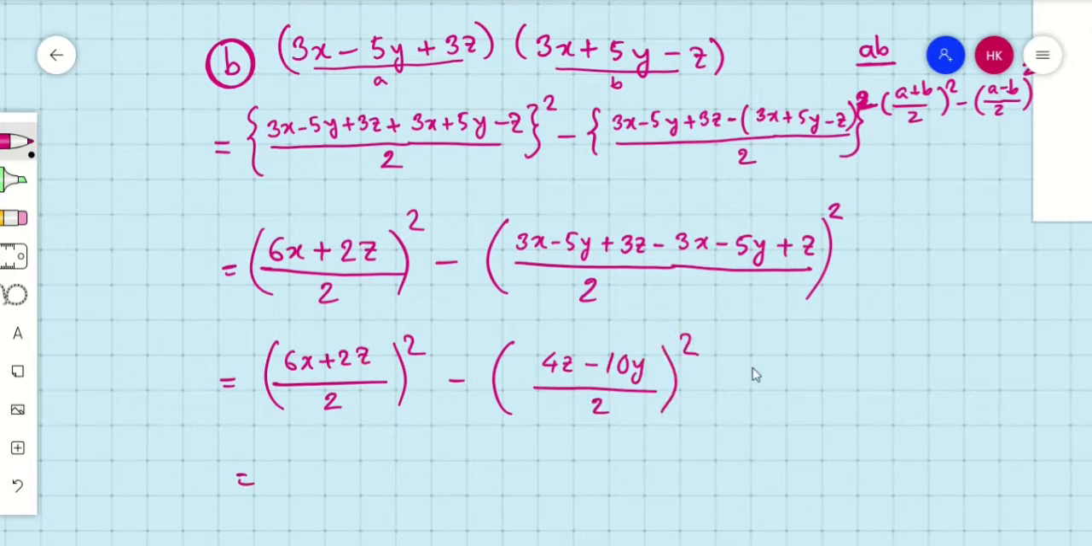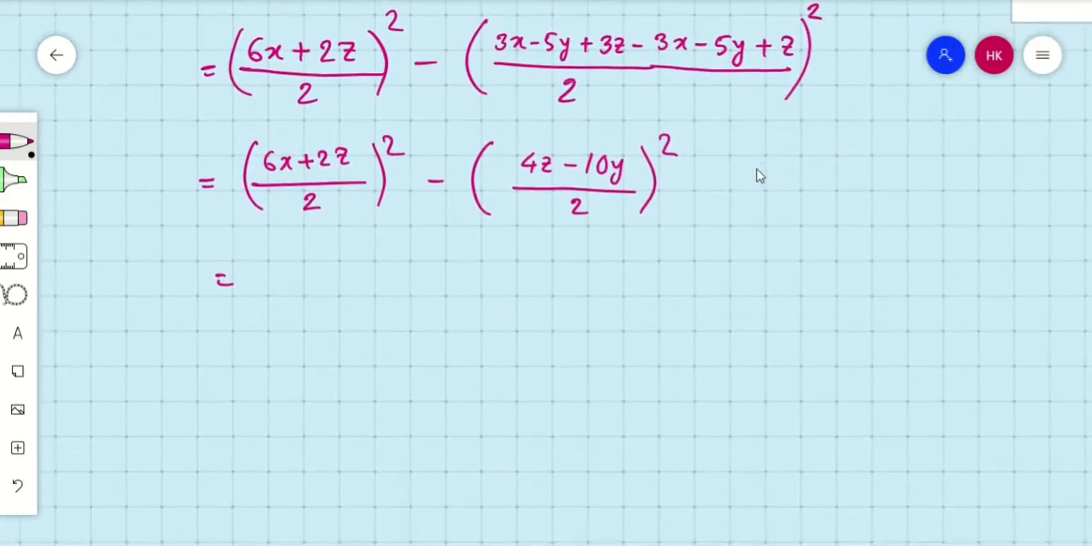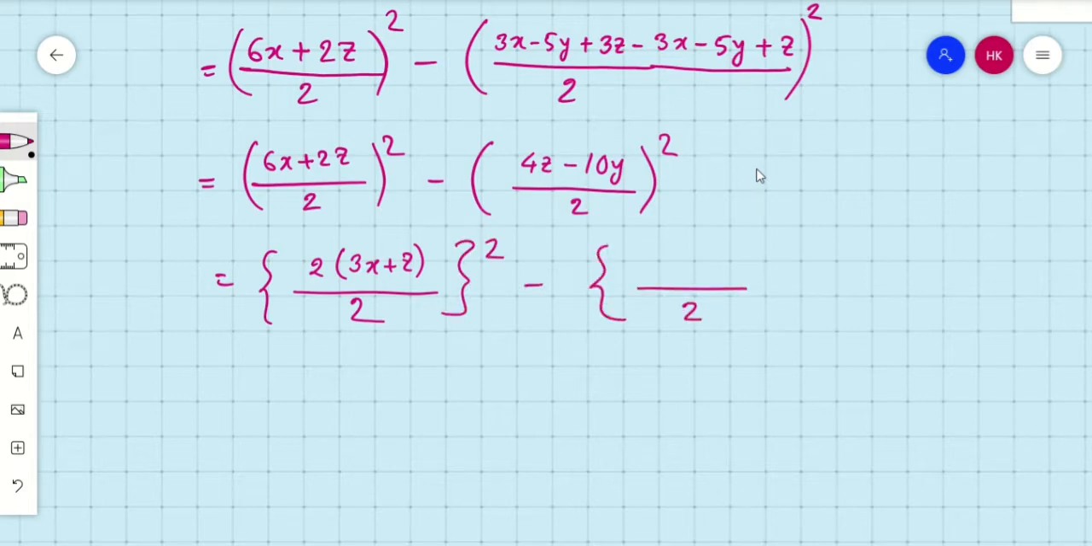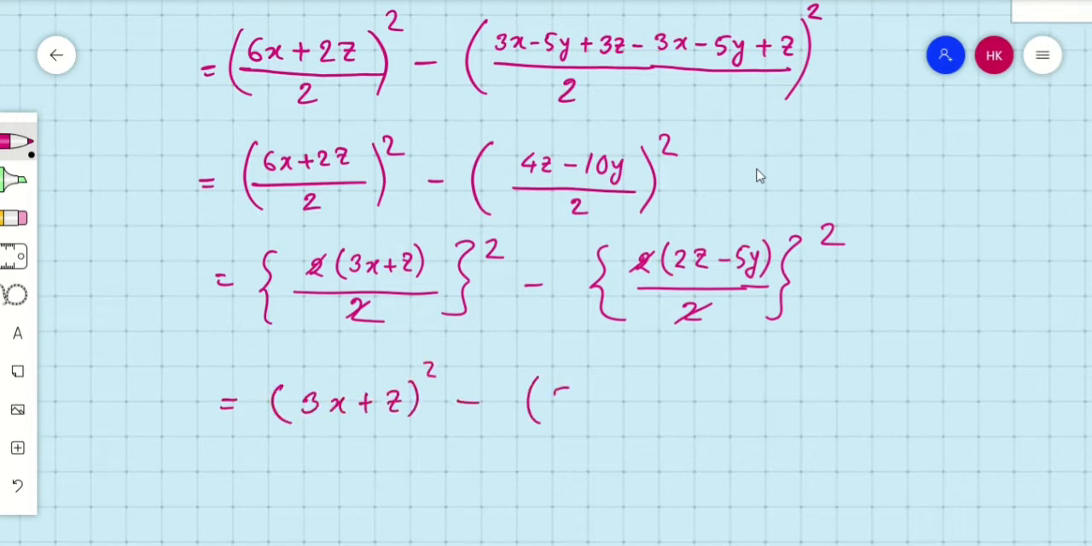Now what? Now we can take 2 as common. 2 from 6, it will be 3x plus z divided by 2 whole square, minus, we can take 2 here also, 2z minus 5y, we're just taking the common as 2, whole square. So these 2 and 2 will be cancelled. So we can get 3x plus z whole square minus 2z minus 5y whole square,